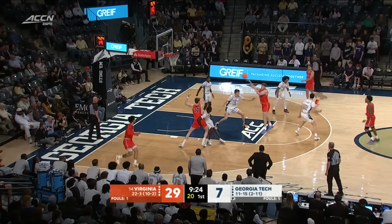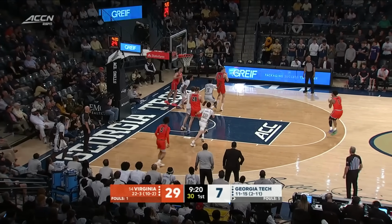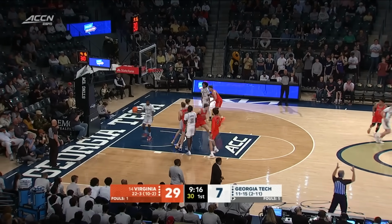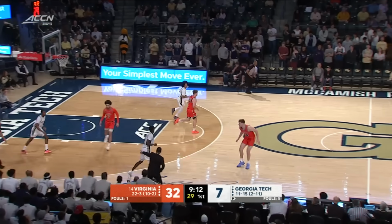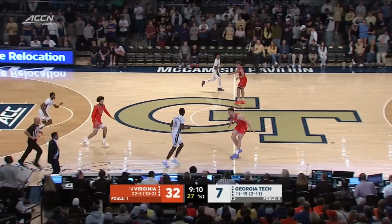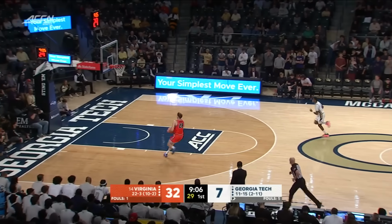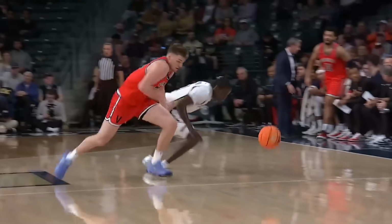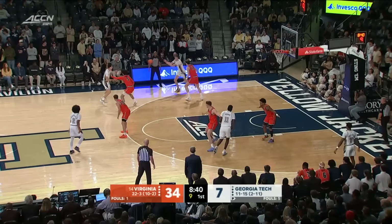Again, they are one of the better shooting teams percentage-wise in the ACC. Georgia Tech, 4th in the league at about 37% coming in, but Virginia defensively has stymied that. Meanwhile, Virginia has been free and clear. Malik Thomas with his 3rd triple of the night. Yeah, and that's 5 now for Virginia, who averages about 10, as De Ridder gets a spill on Ndongo. He wrecks the rim. Yeah, this kid, I really like the way he has come to the...